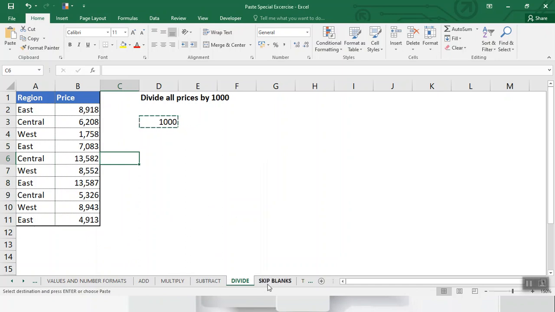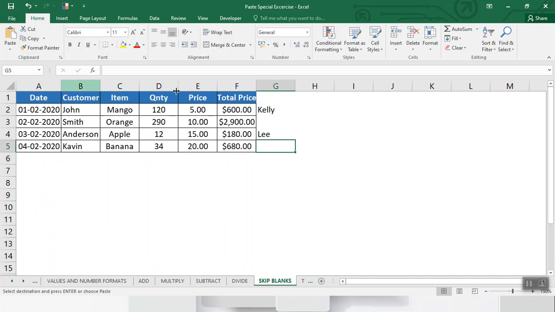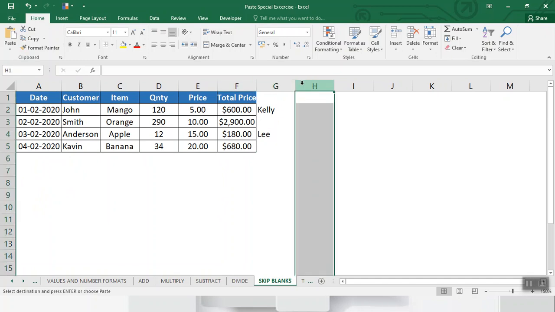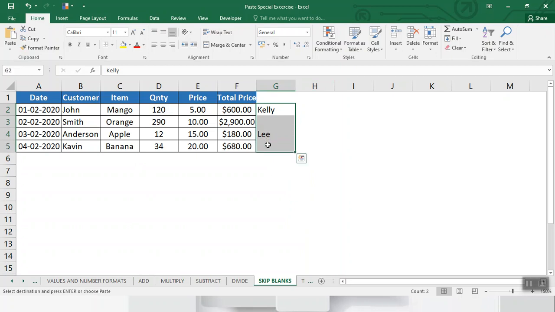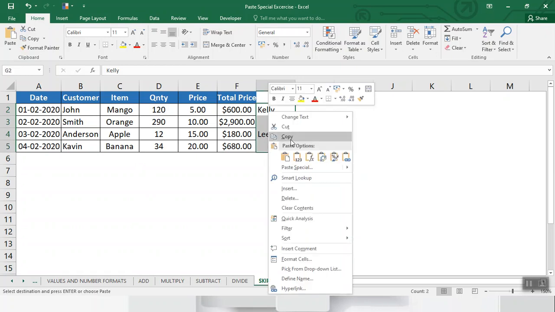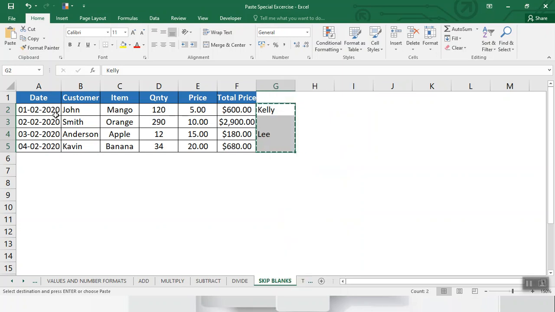How to use skip blanks? We have names in column G. We want to copy or overwrite existing values, but we do not want blank cells to be copied to column B. Select the range G2 to G5. Right click, copy, select the target range where we want to overwrite.